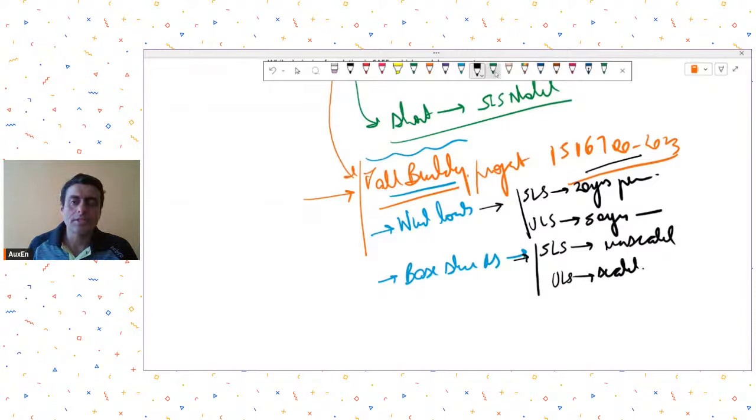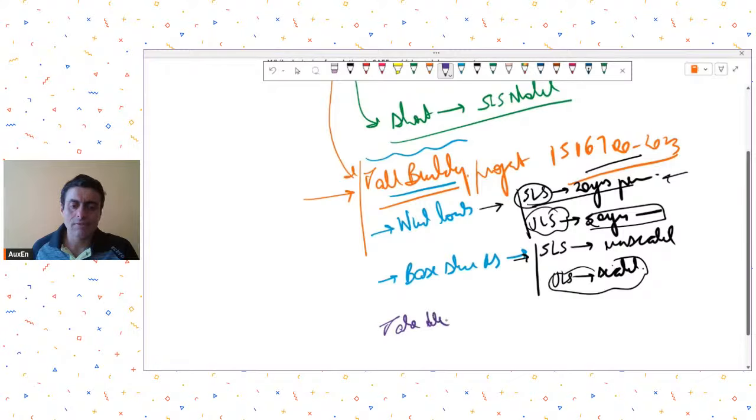So in such cases, especially in a tall buildings project, the wind speeds applied correspond to a 20 years return period in the SLS model, because you just wanted to check the drift, and a 50 years return period in the ULS, and also the base shear is scaled in the ULS. So what you do is you